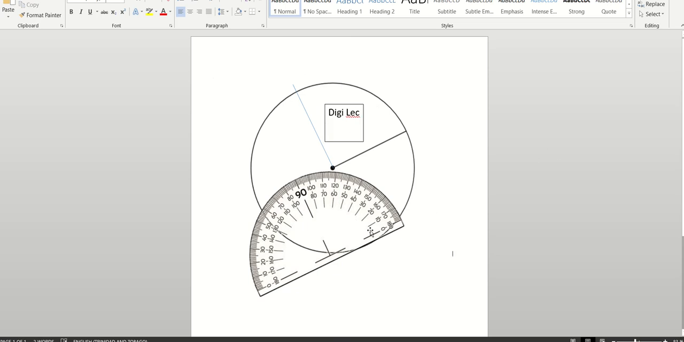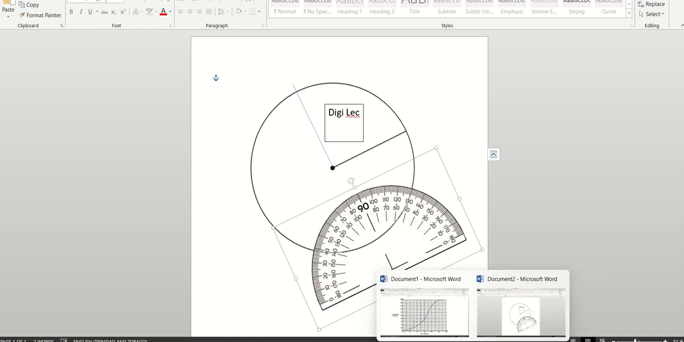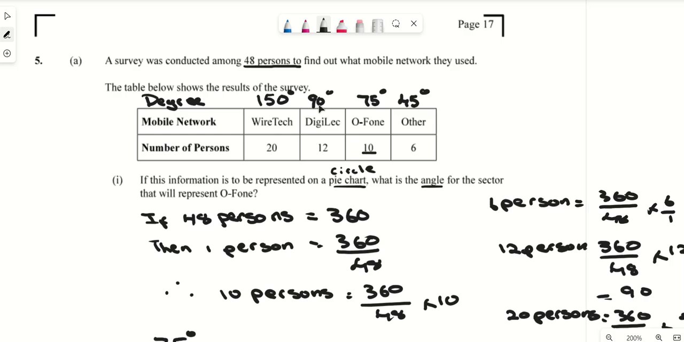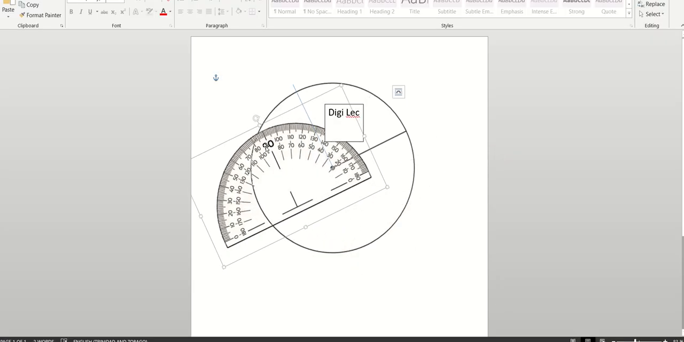All right, and then we're going to do the next one. Let's look at the different types of degrees. The next one was, so we did Digilec, then we're going to do 150 degrees. So we're going to look at our pie chart. We're going to line up